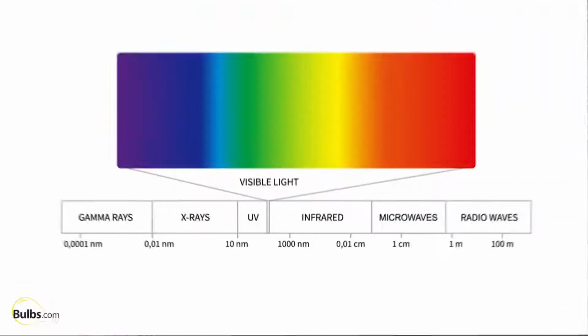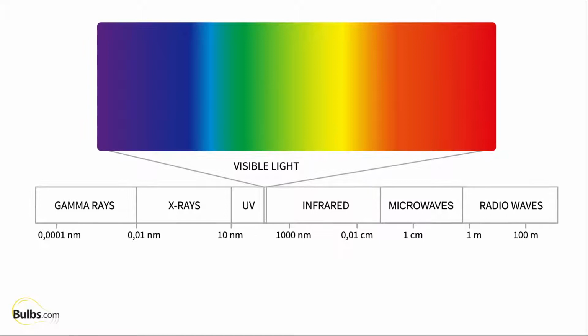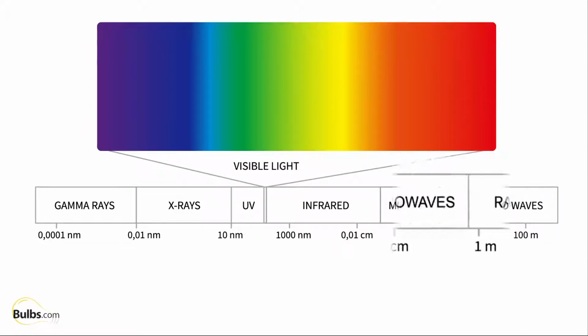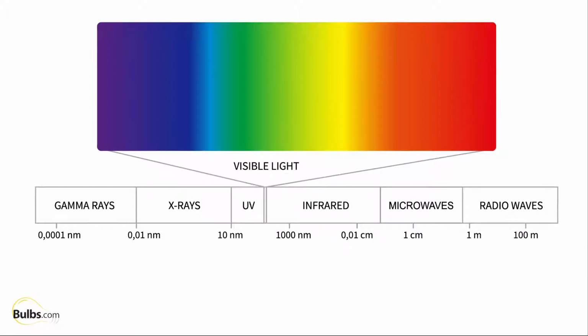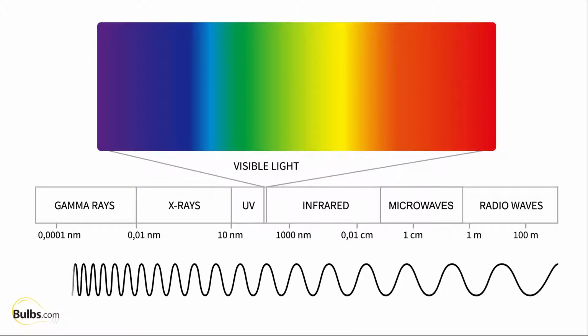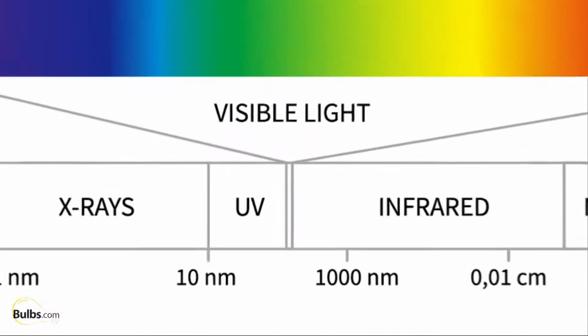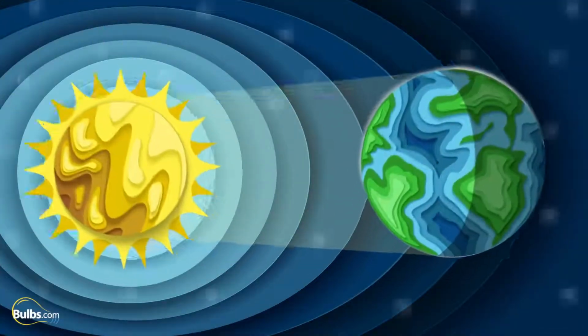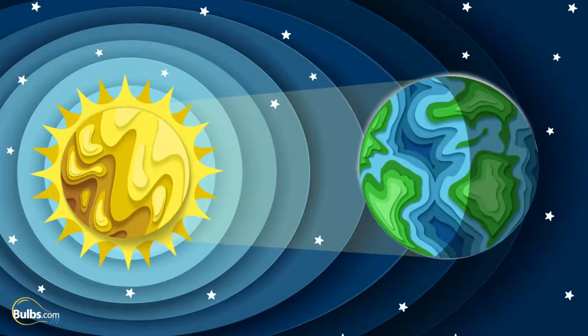Ultraviolet, or UV light, is part of the electromagnetic spectrum, which includes radio waves at one end of the spectrum and gamma rays at the opposite end. When organized by wavelength, UV light falls between visible light and X-rays. UV light is the same as the rays that we get from the sun, and there are three types of